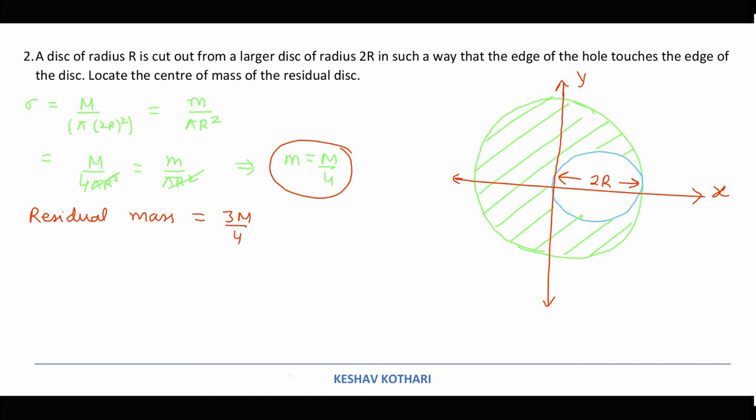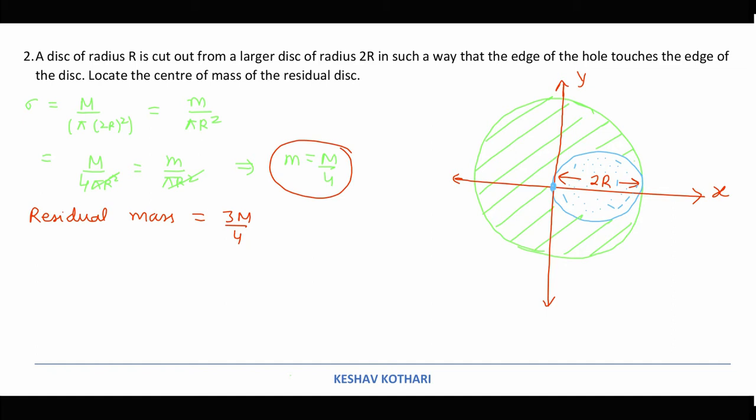Now the logic which we are going to give over here is, if I put back this mass over here, I am putting it in terms of a small dot, something like this, then the center of mass must come back to its original position. So try to understand this concept, that if I put back this cut part, then the center of mass will again fall back to the center of the original system, which is here.